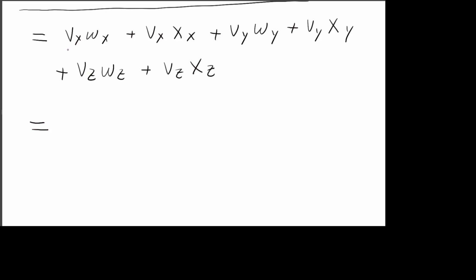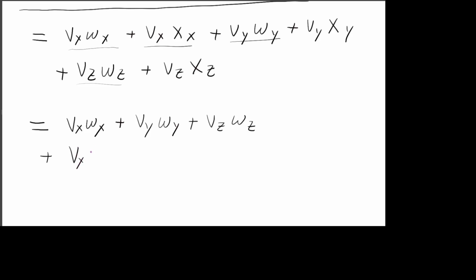Here's a vw term, so that's vxwx, plus, let's look for another vw term. No, here's one, vywy. That's not what we're looking for. Here's the final one, vzwz. Okay, so now let's look for all the vx terms, so it should be all the remaining terms, so vx xx, vx x sub x, plus vy xy plus